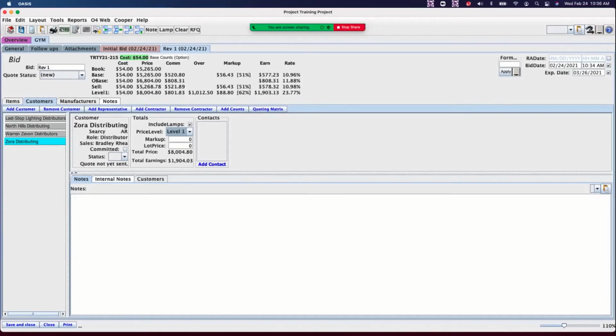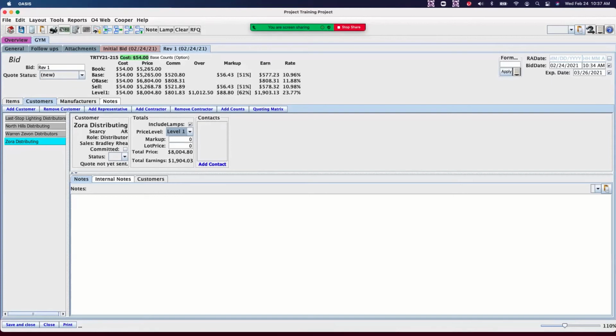It could be that I have this price level marked down and I like them better, or it could be that it's marked up because I don't like them as much. Or it could be that you know that they have to add in a different processing fee because of different territory scenarios. But by selecting that different level,